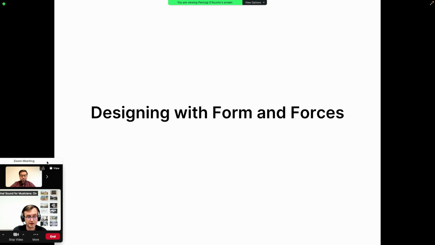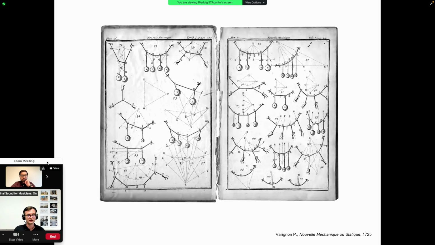This is a typical approach of structural design that was very much used in the past, and nowadays had somehow been getting lost, but has been rediscovered in the last few years. If we look back in the past, a very long time ago, in the first half of the 18th century, this was a typical approach to understand how structures work and how to make use of the form of a structure to tell how the forces should flow within it. This is very much related to the discipline of graphic statics. Graphic statics is a discipline that was initially developed in the first half of the 18th century and links form and forces directly. Here we see one copy of the book of Varignon,